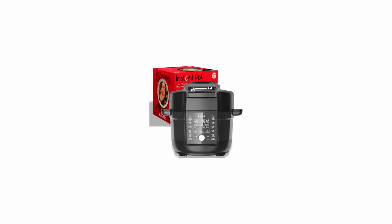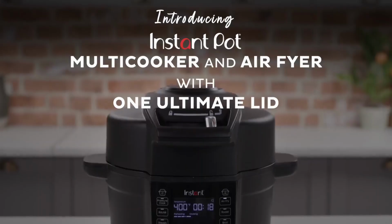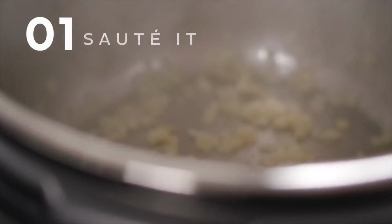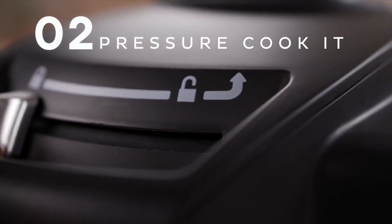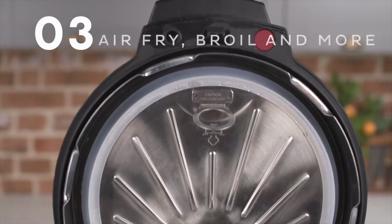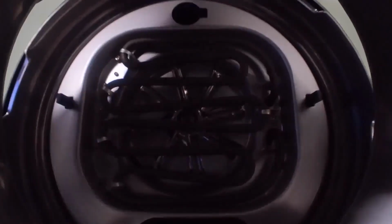Number 2 in my list is Instant Pot Duo Crisp Ultimate Lid 13-in-1 Air Fryer. Instant Pot's 13-in-1 air fryer features the ultimate lid, combining air frying and pressure cooking in one device. Its 100% stainless steel interior, including the lid, ensures healthy cooking. With 13 preset settings, it caters to nearly every cooking task in one unit, and the intuitive LCD guides you